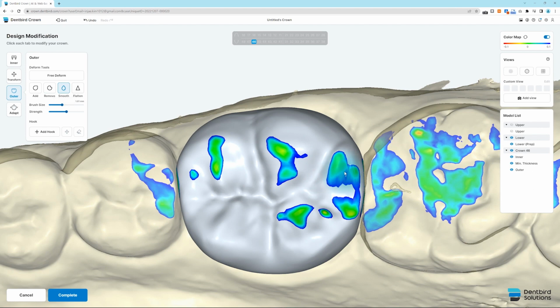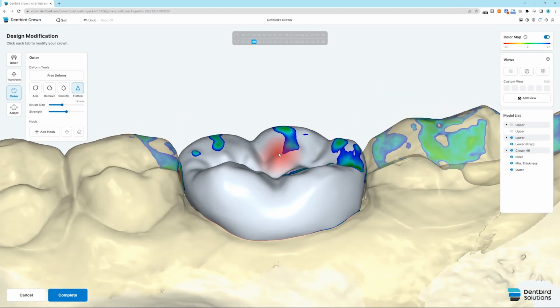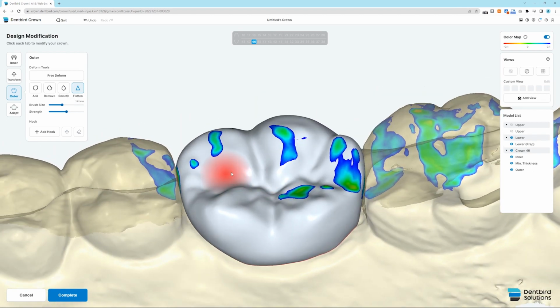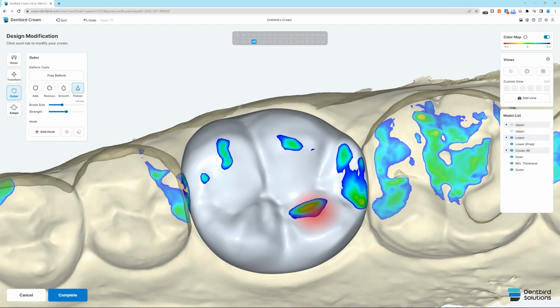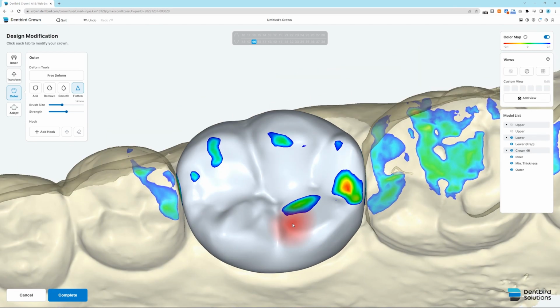Using Smooth, the irregular surface of the crown can be smoothed out like this. And Flatten, obviously, you can flatten out the uneven parts of the surface. Keep right-clicking to make use of different views to flatten out.